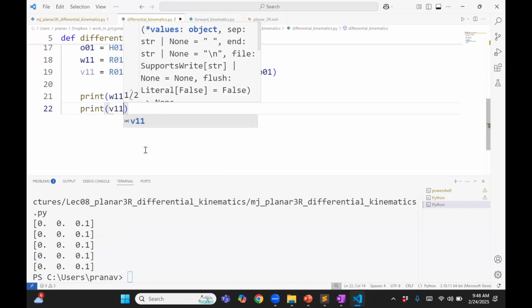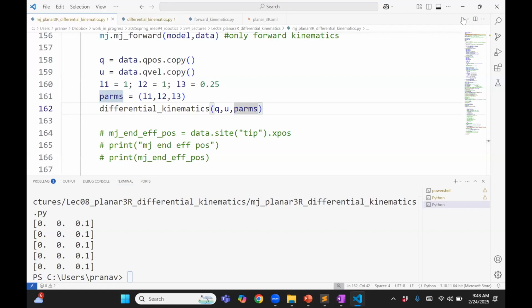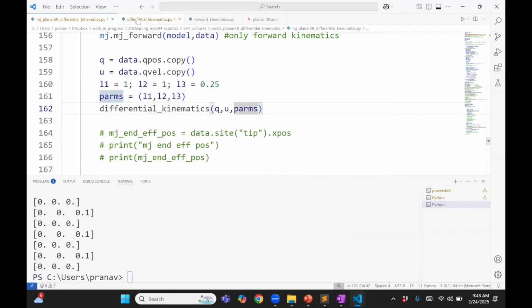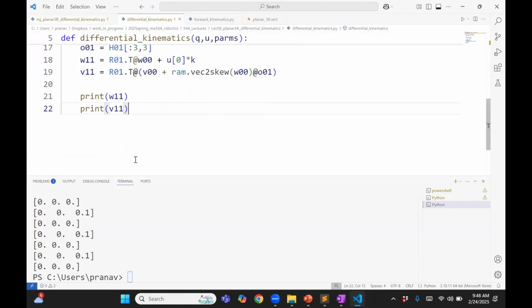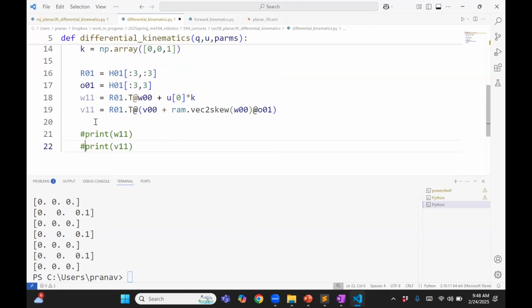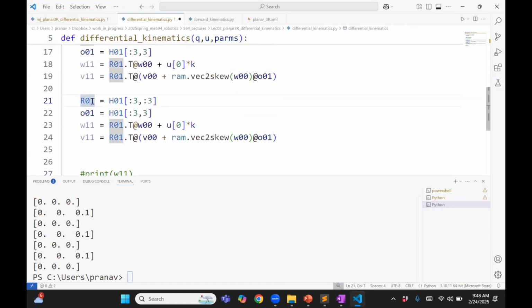Print V11. It'll get a lot faster once I get one of them figured out, because then I'll just do copy paste. Okay, 0, 0. No wonder it's 0, 0, because it's attached to the world frame. Okay, so all we need to do now is just take this piece and keep copy pasting it. So for example, take this. This next we go to